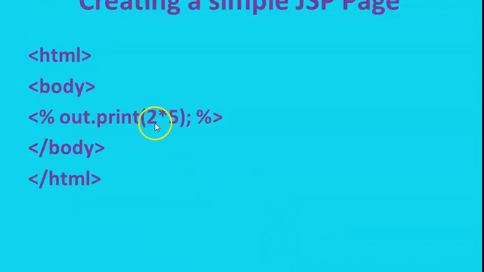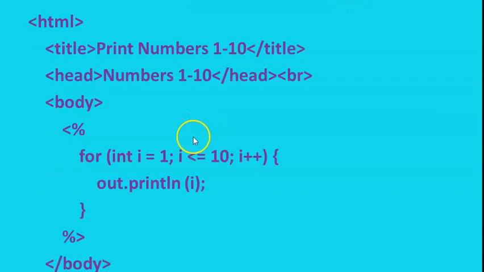Next program: to print any expression like multiplication or any result you want, you have to write out.println of 2 star 5, 2 plus 5, anything you can write. Okay, and then this is a program. This screen will come; already in the last class I told how you create a project. You have to go to Java web application. Inside that you have to right click on web. You have to create a new JSP file. Inside that you will get a screen like this.